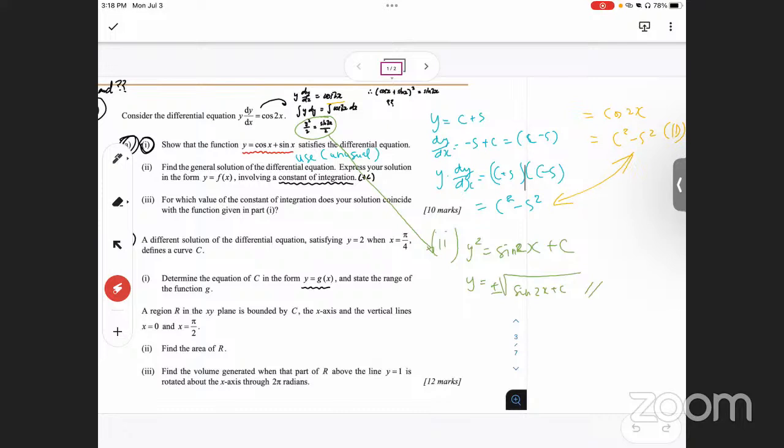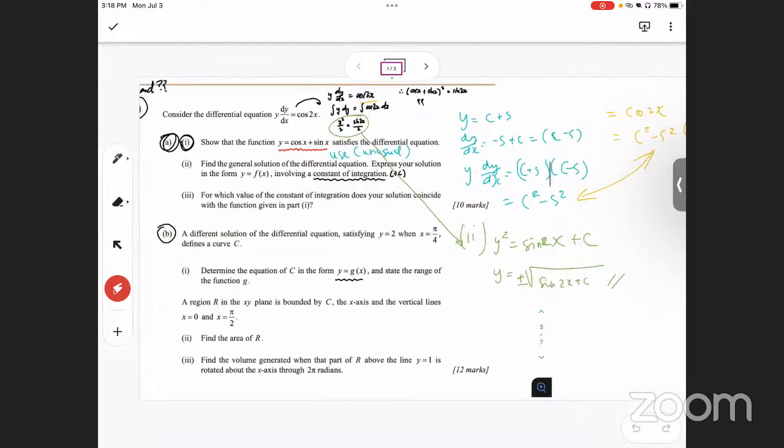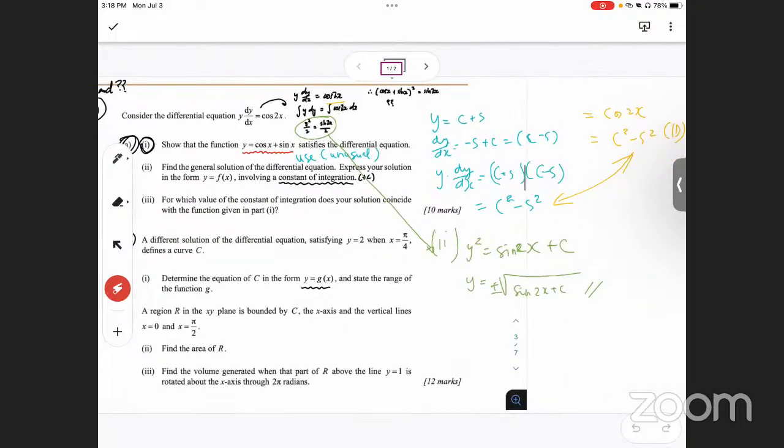Do the next first. So part B, is it? What's the problem with part B, for the solution for the differential equation, satisfying y, and so on? Determine in the form of g(x). Yeah, it feels weird. Let me think for a while. What's going on here? Satisfying y equals 2 when